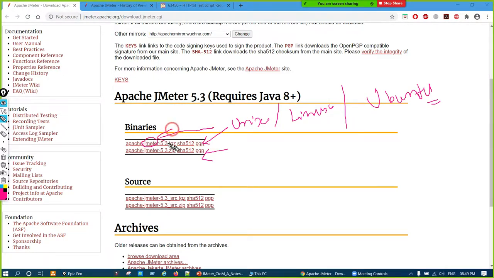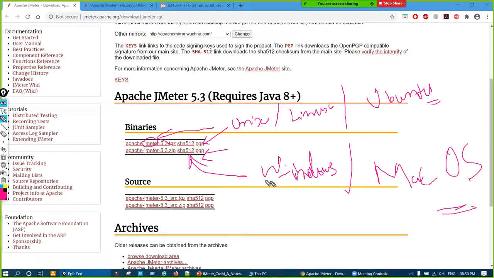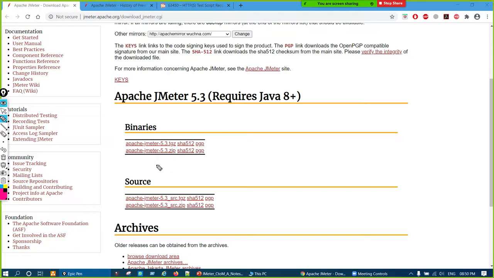Okay, the below one is for Windows and Mac. Okay, sorry for the handwriting, but this is how it works. Windows and Mac OS. So the below one. Now mostly we have Mac or Windows only. So click here, where the mouse is hovering. Just click on that, and it's a zip file. For Linux it's a TGZ file. For us it's a zip file, for Mac and Windows. So we just click, and that will be downloaded.